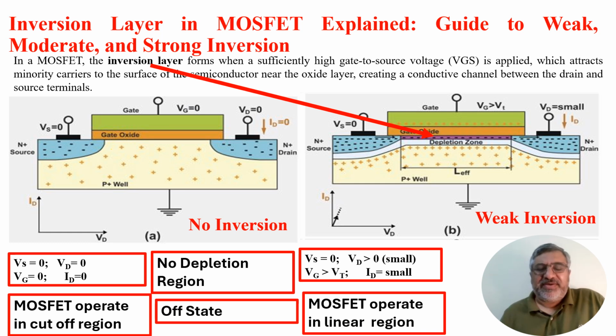In a MOSFET, metal oxide semiconductor field effect transistor, the inversion layer forms when a sufficiently high gate to source voltage, which is called VGS, is applied, which attracts minority carriers to the surface of the semiconductor near the oxide layer, creating a conductive channel between the drain and source terminals. This process is very crucial for MOSFET operation as it allows the device to switch between conducting as well